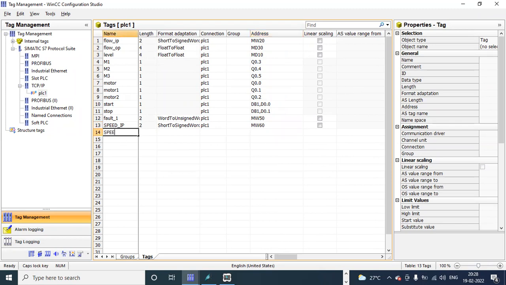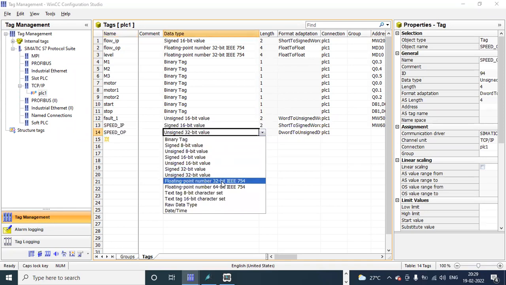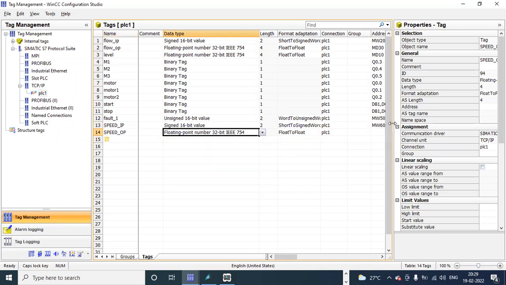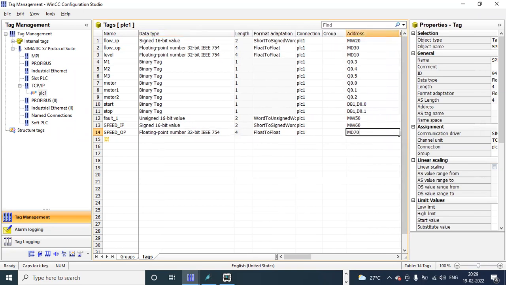Then speed output, which is floating point. The address is MD70.